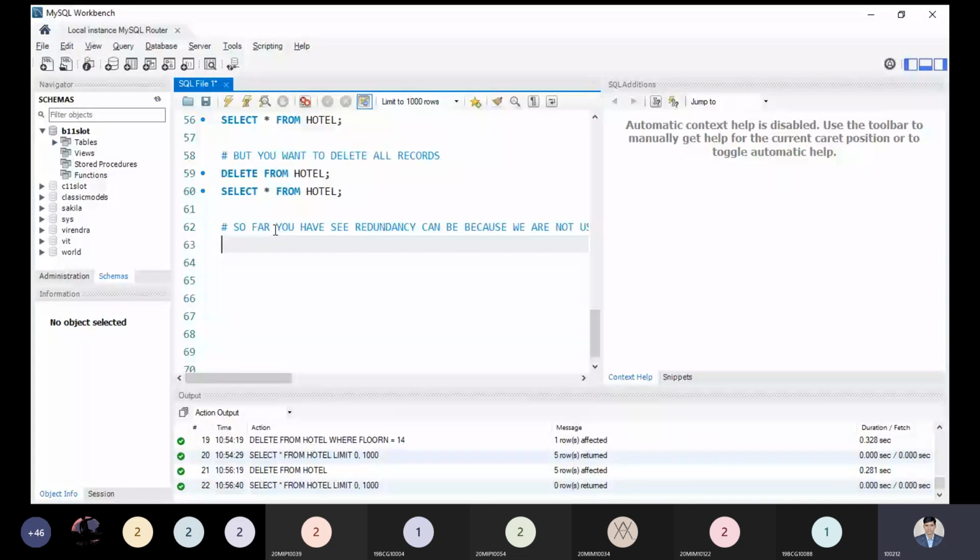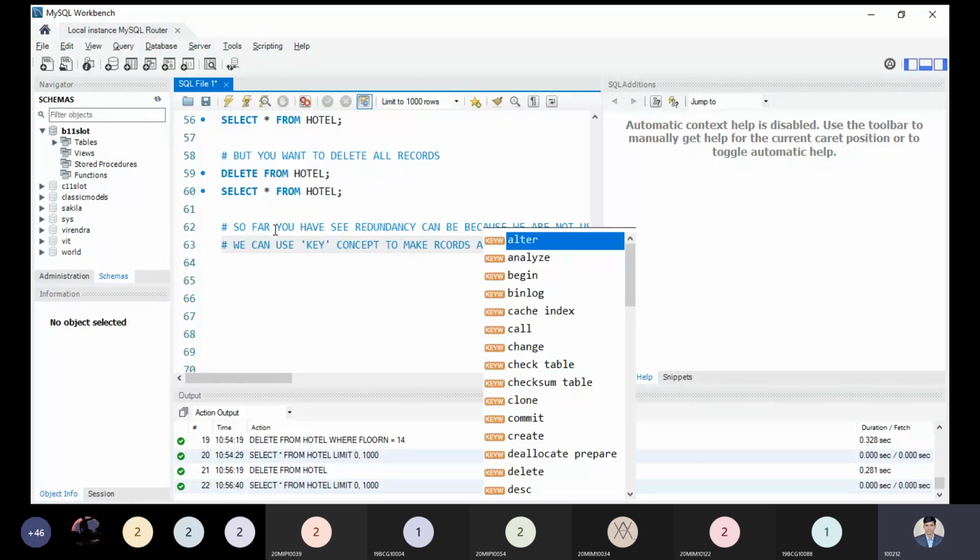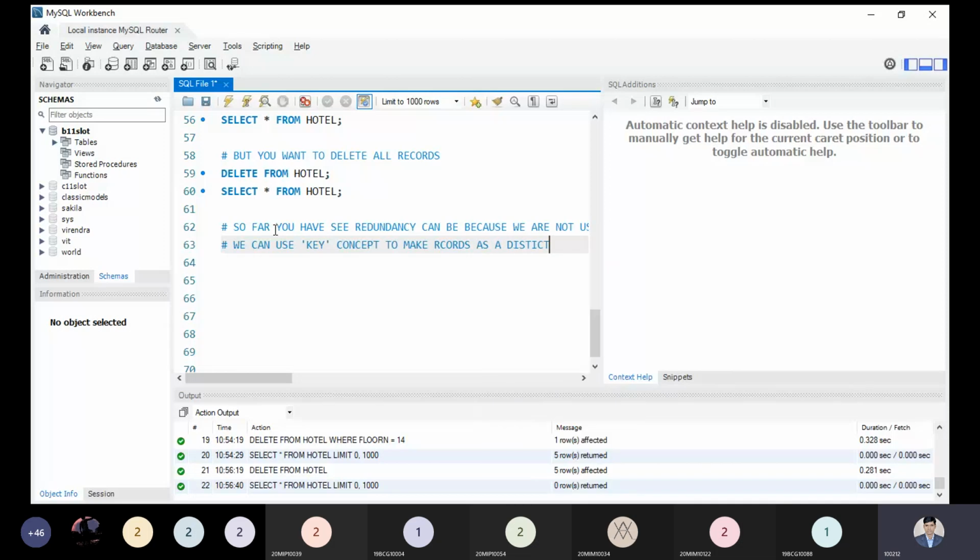If we need to, we can use a key concept to make records a unique record. As a distinct record is more appropriate, the technical word is distinct.